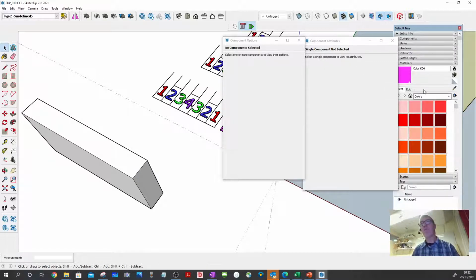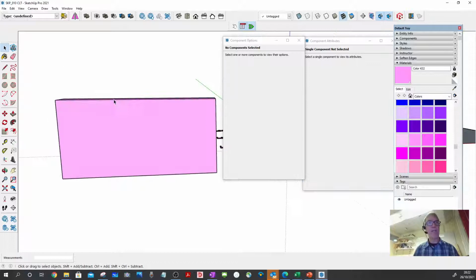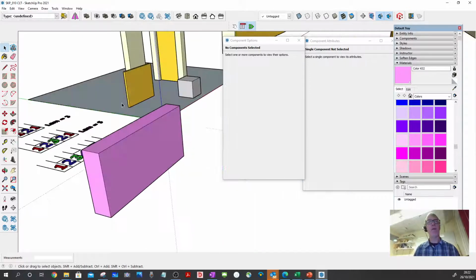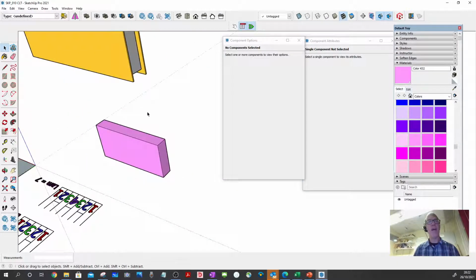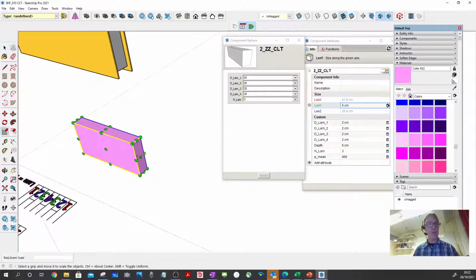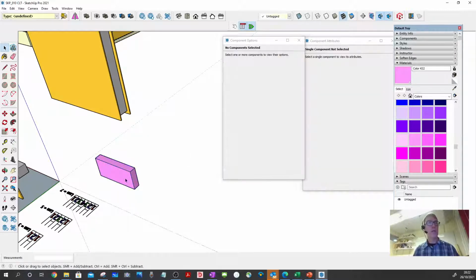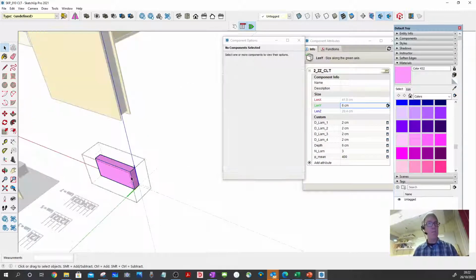Before we finish it off, we should give it some sort of colour. I'll give it a nice pastel purpley colour just now. And we'll just define that as our CLT colour. And we've now got a generic sample of CLT. And that could be stretched and extruded